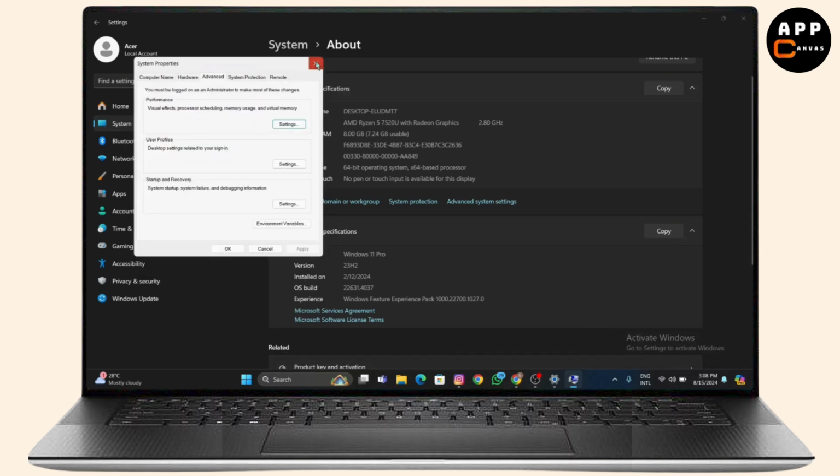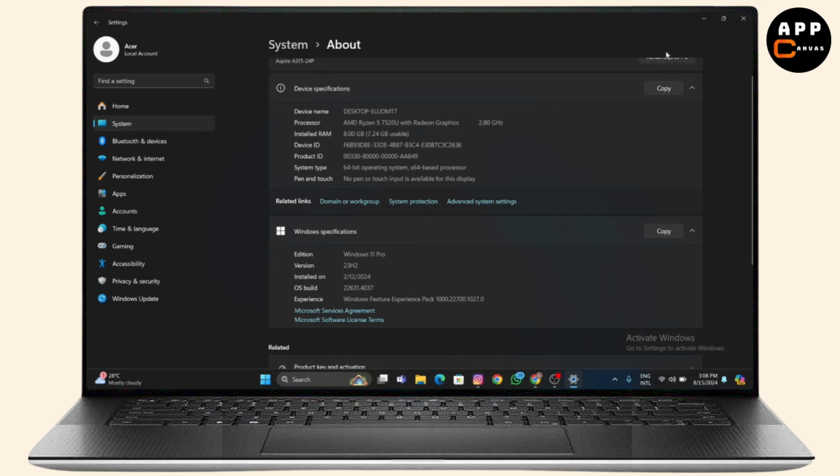And there you have it. By adjusting your BIOS UEFI settings and optimizing your system, you can boost your VRAM and improve your PC's performance